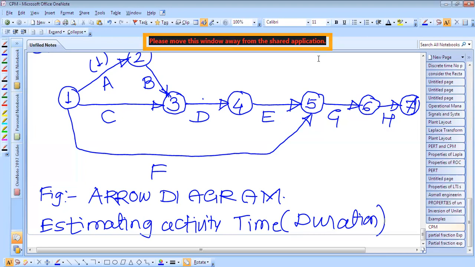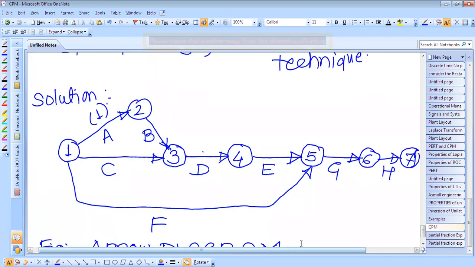So assume that the estimator is experienced, and based on his past experience he gives the time values to the different activities. So in this example, we have assumed that it is an experienced